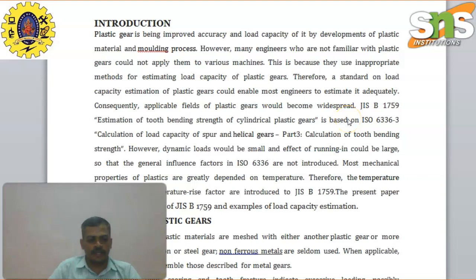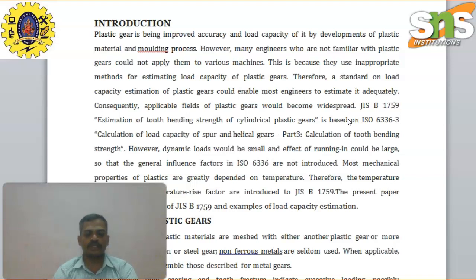Today the topic is gear failure case studies. Generally, plastic gears are used in various applications such as textile industries, automobile industries, and aerospace industries. Nowadays, for weight-reducing purposes and cost reasons, most industries are increasing their use of plastic. The plastic gears' accuracy and load capacity have been improved by the development of plastic materials